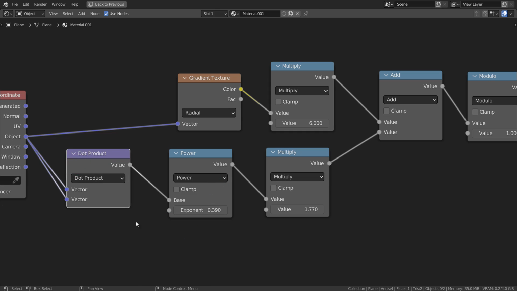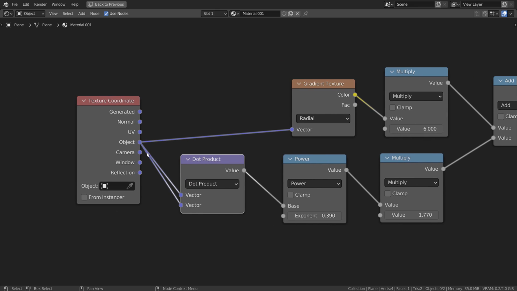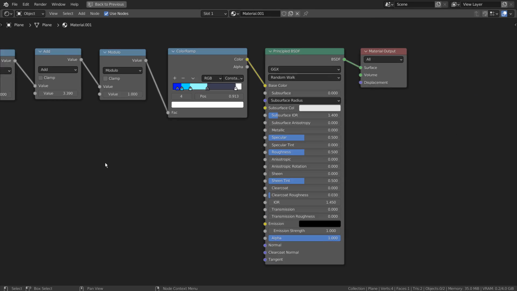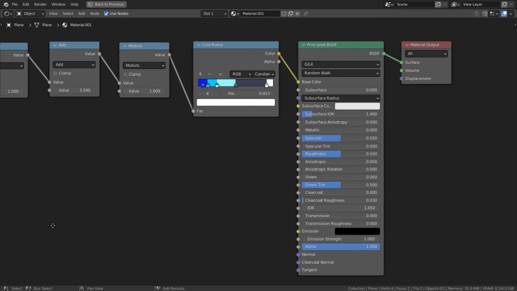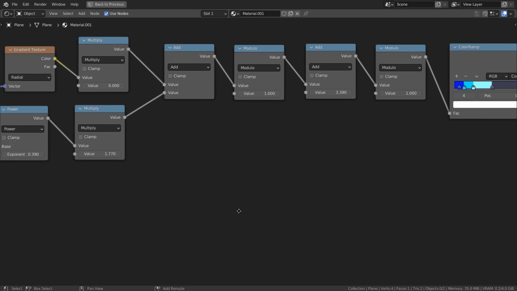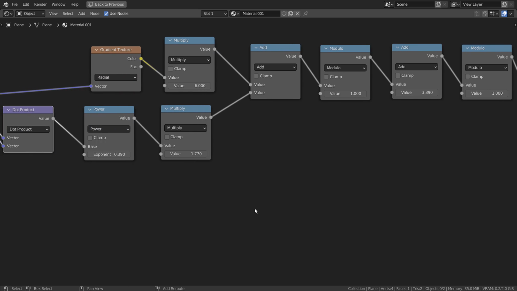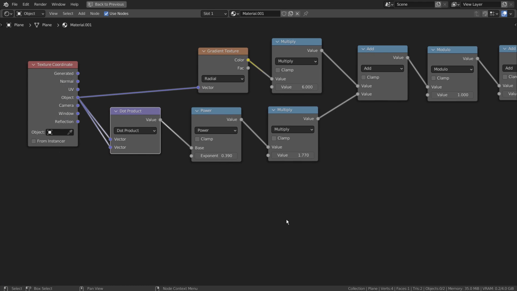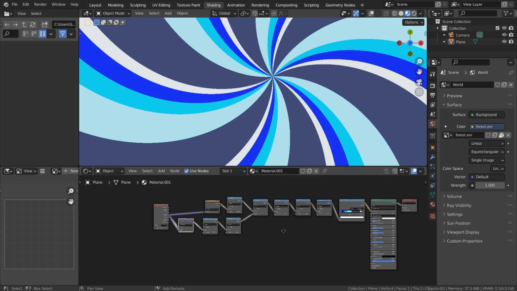This dot product node is a vector math node. Let's see what each node does.